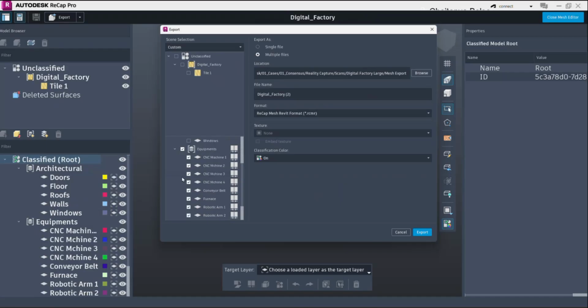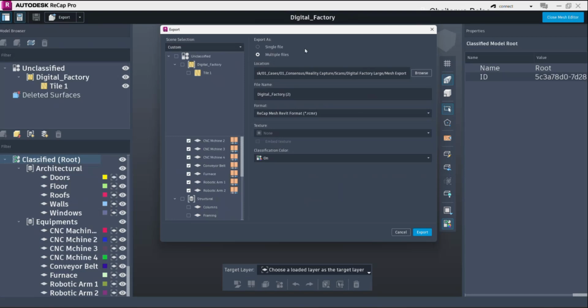When we come in here, we have the option to merge the surfaces. So all the geometries within the layer can be merged into single surfaces once we activate this one. So here I would like to have all the surfaces in CNC machine 1 and all the equipments into that particular layer. For that I will just activate it,